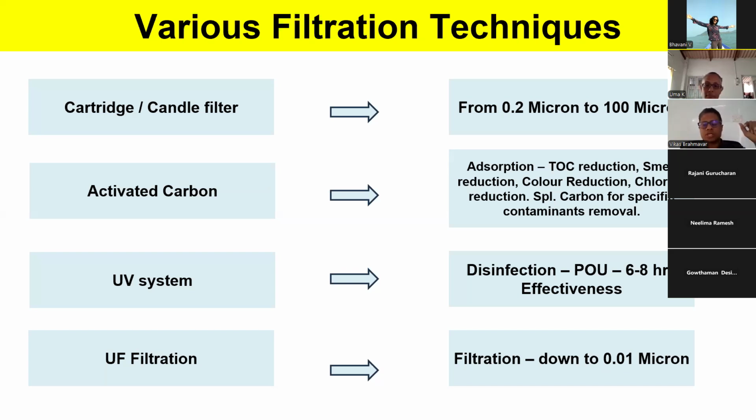Now, where do we use this? If you're sure you're getting just municipal water and there are no contaminants in the water, then for basic filtration of dust particles, basic level contamination, this cartridge is sufficient, right? Now, a cartridge doesn't remove bacteria to a great extent. There is some bacteria it doesn't remove, but after boiling, bacteria might go. So when you put a cartridge filter,